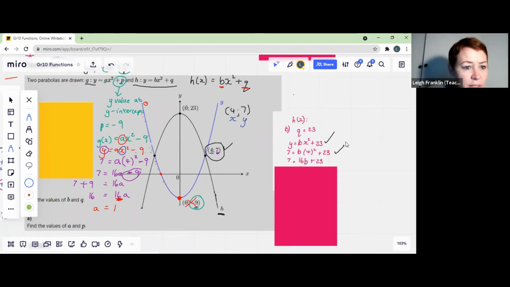Nizal says, okay, you got B is equal to -1. What did other people get? Put it in the chat. What did you get as the answer for B? Kelebogile got -1. Nolwazi got -1. Perfect, Marisa. Do you think that getting a minus in this case is right? Were we expecting a minus as an answer, or would we look at that minus and say, can't be right? Is the minus correct?